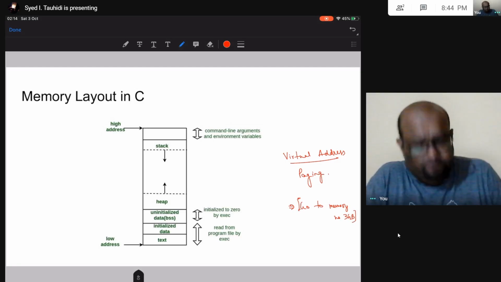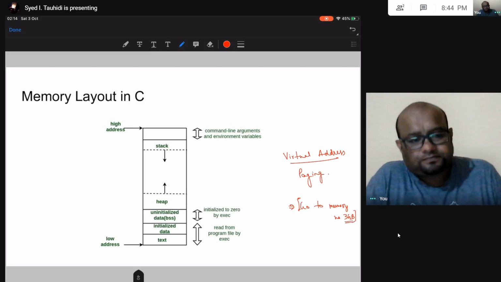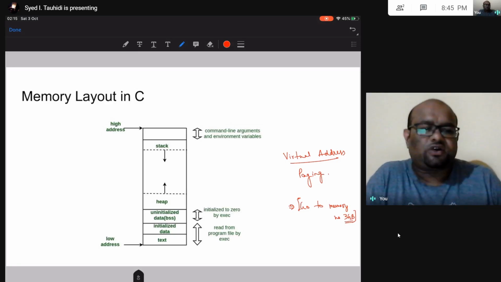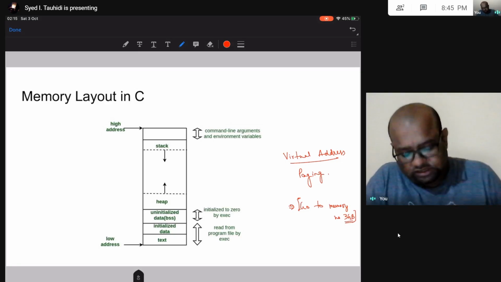Now this 3 GB that I have written in my program is not actual physical memory. Physical memory means the actual address in RAM. Each byte in your RAM is going to have an address, and inside my program I am going to do this.